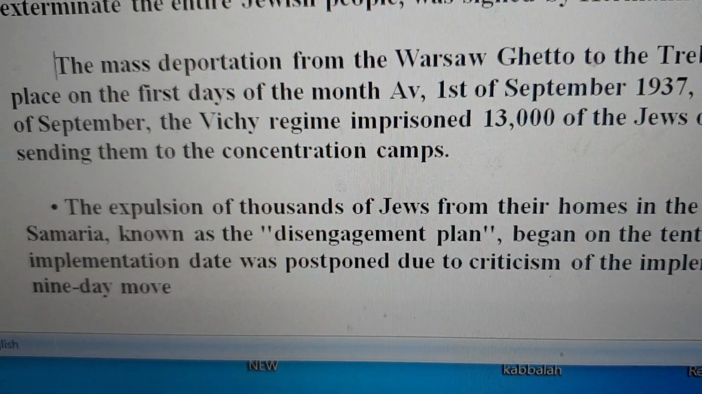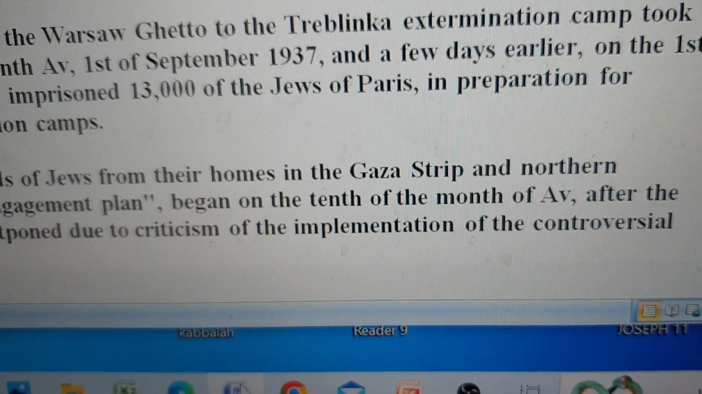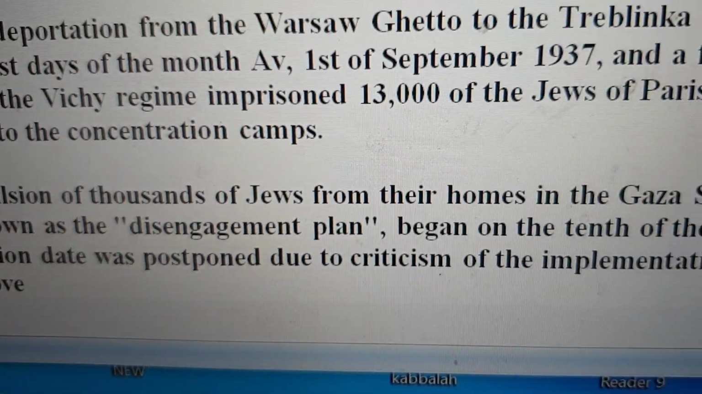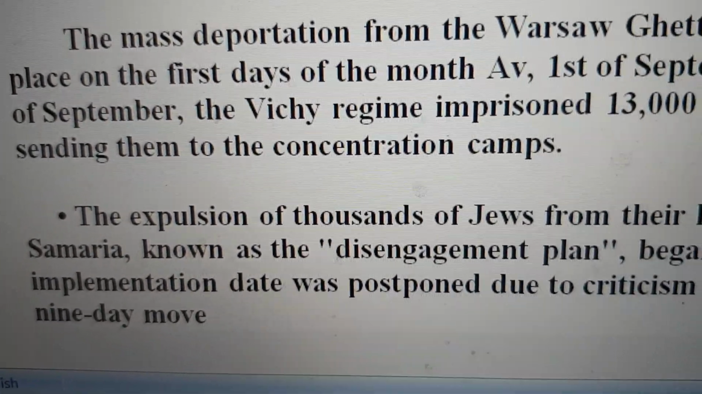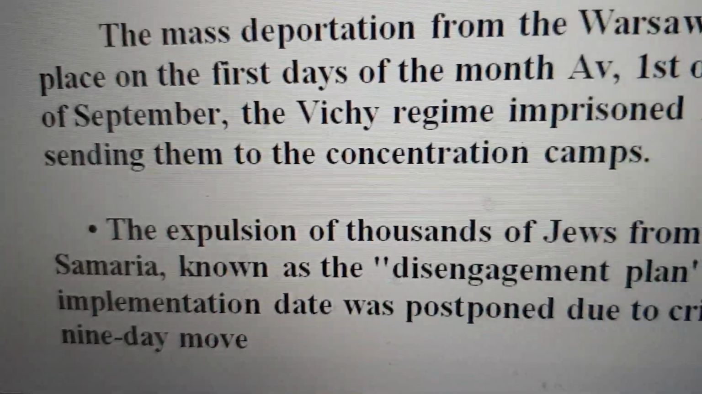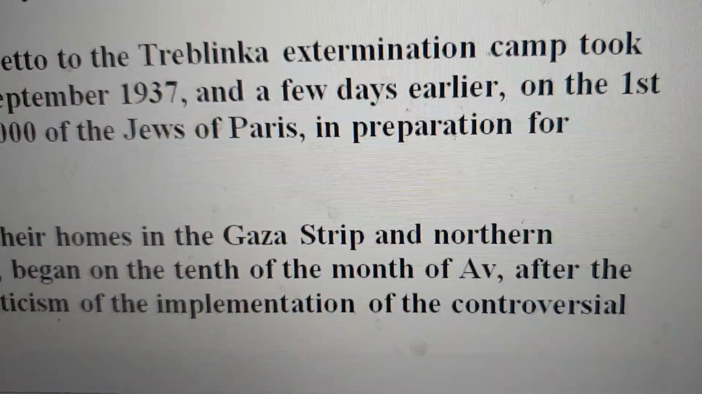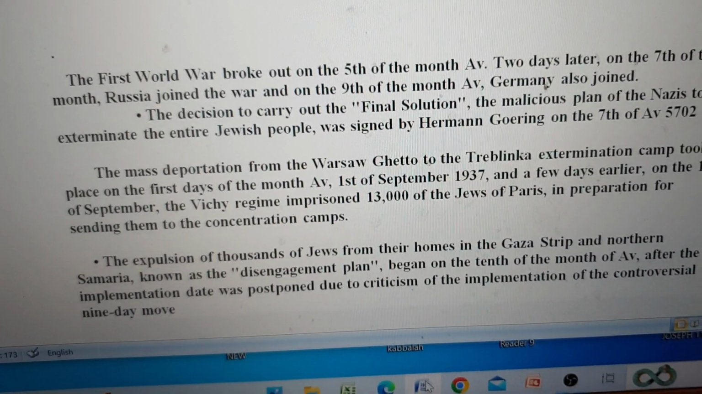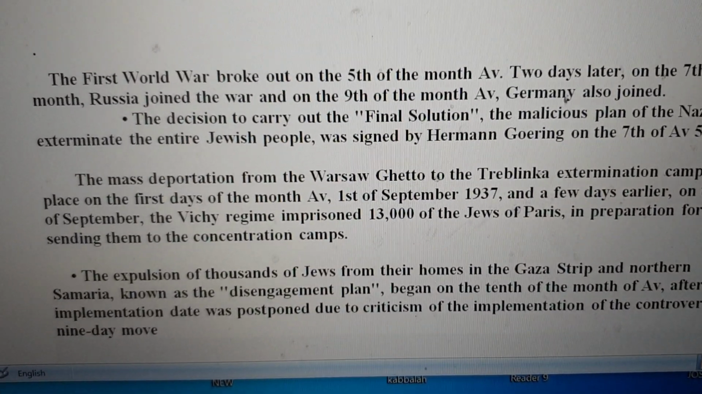concentration camp, the Vichy regime imprisoned 13,000 of the Jews of Paris in preparation for sending them to the concentration camp. The expulsion of thousands of Jews from their homes in the Gaza Strip and northern Samaria, known as the disengagement plan, began on the 10th of the month of Av, after the implementation was postponed because we wanted to do it on the 9th of Av, due to criticism of the controversial move. So, unfortunately, you see clearly there are a lot of deaths connected with the Holocaust, with the Nazis, connected with